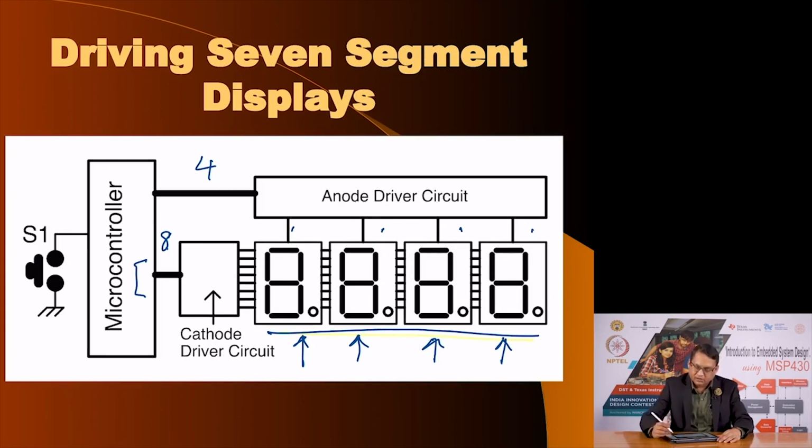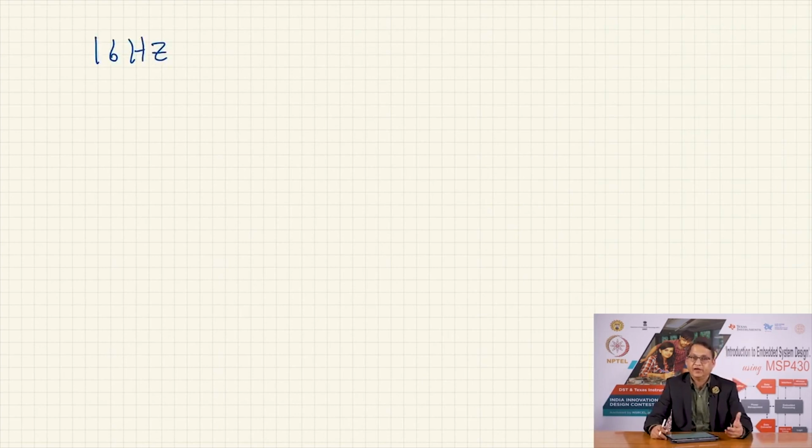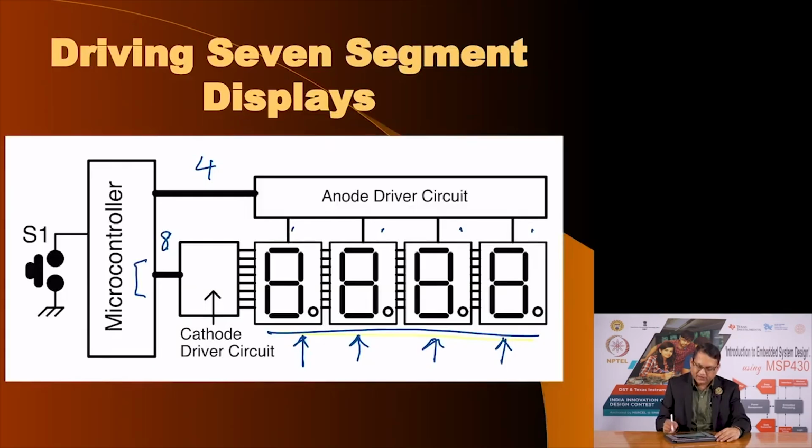What is the limitation? That persistence of vision happens whenever you turn anything on and off beyond about 16 hertz. In fact, at 16 hertz you may see some flicker. So, typically you go at a much higher frequency, say 100 hertz. So, if I turn each 7 segment display on at a rate greater than 100 hertz, then my eye will not be able to see individual displays on. It will actually see all the displays on at the same time. And so, this is a very effective method of controlling large number of displays using less number of pins,